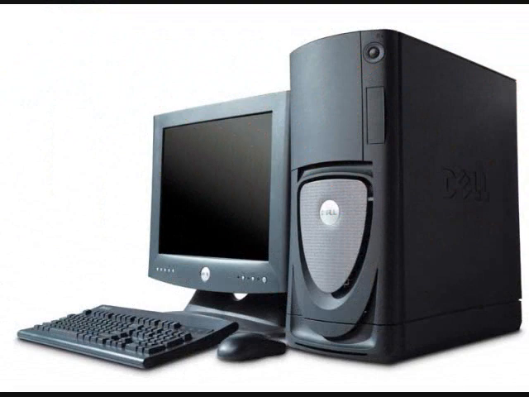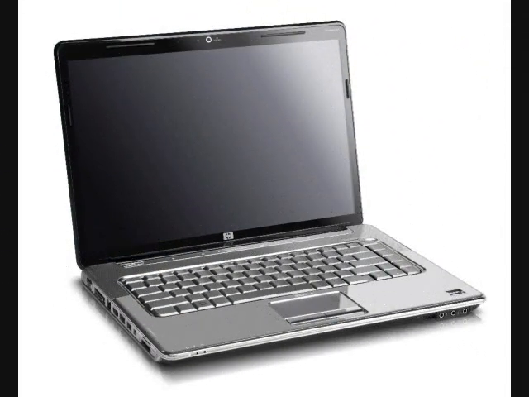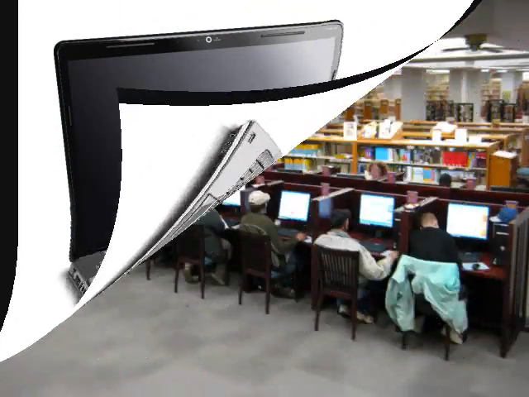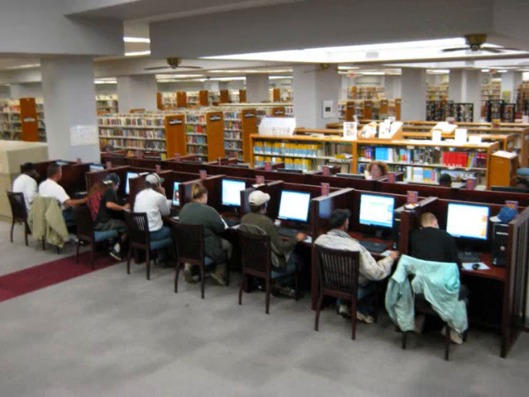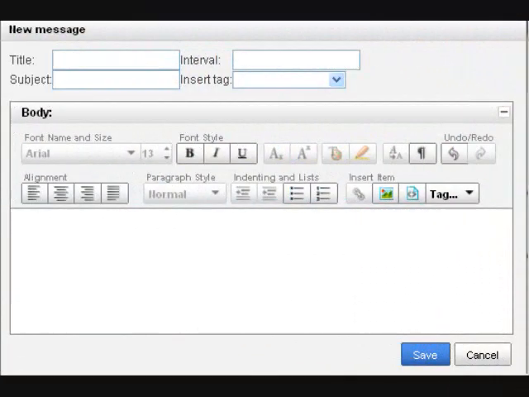Computers play a big part in our community today. The majority of the population has a computer of their own, or they have access to one via their local library, a family member, or a friend. Email has become a very useful form of communication for higher education. Professors can email all of their students at once. As a high school or junior high teacher, email can be a very useful resource as well. It can provide instant response from the student's parents and can provide a much more convenient way for you to communicate with the parents quickly.